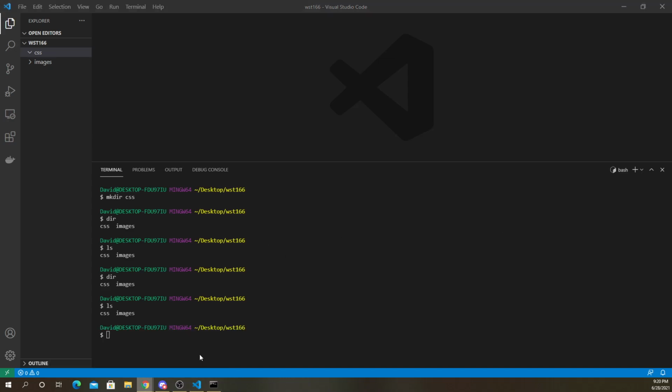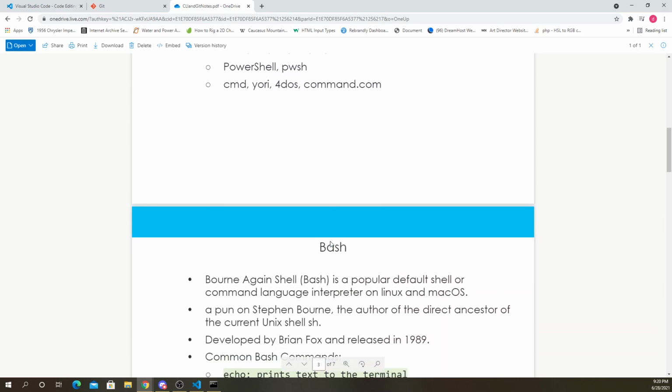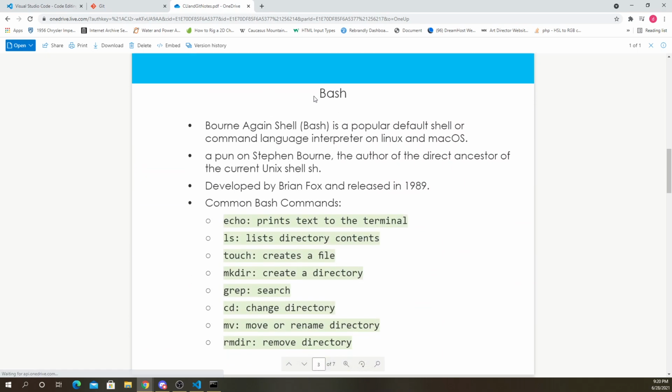Let's go back to the notes. Bash stands for Born Again Shell, the popular default shell or command language interpreter on Linux and Mac. It's a pun on Stephen Bourne, the author of the direct ancestor of the current Unix shell.